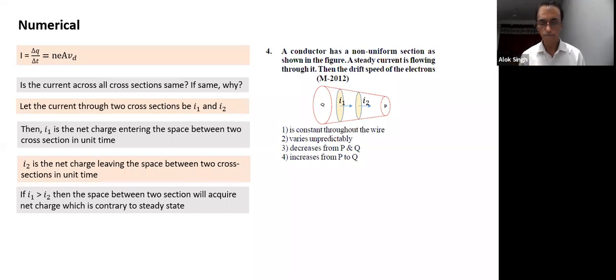Drift velocity depends on the field. It's directly proportional to the field. So if the drift velocity is more, the field in this area will be greater than the field here. The drift velocity is eE divided by m, times tau. Tau is not changing, m is not changing, the charge on the electron is not changing. If drift velocity is more, in the same proportion the field has to change. So the field will progressively keep on increasing as we move from Q to P. In other words, if the area of cross section is the same, drift velocity is the same and the field is constant.